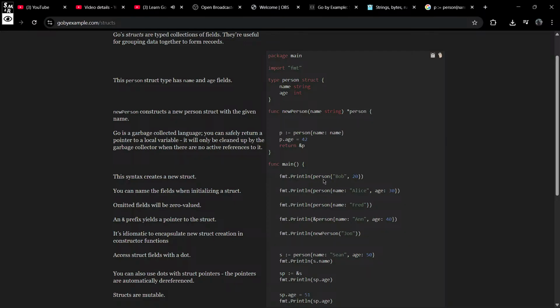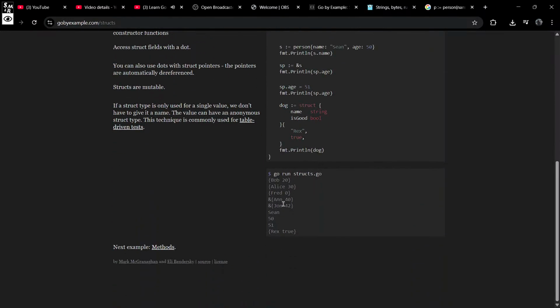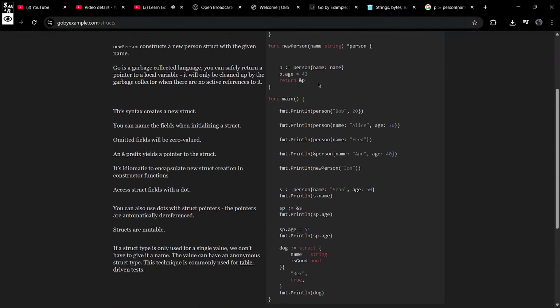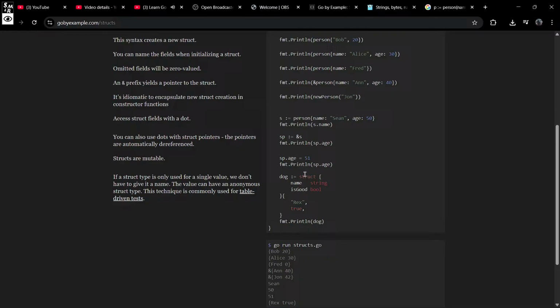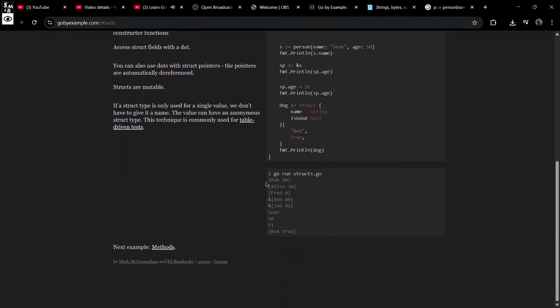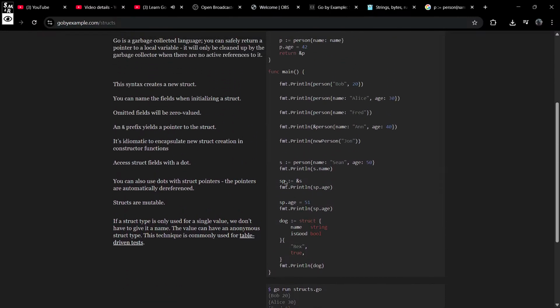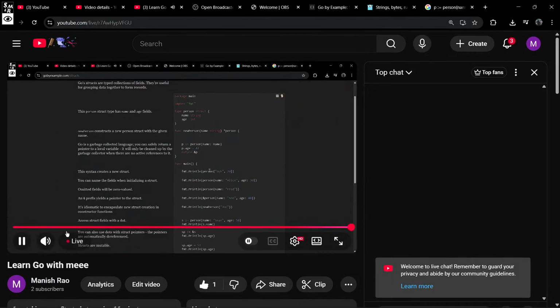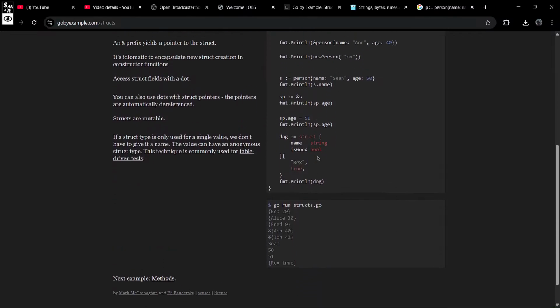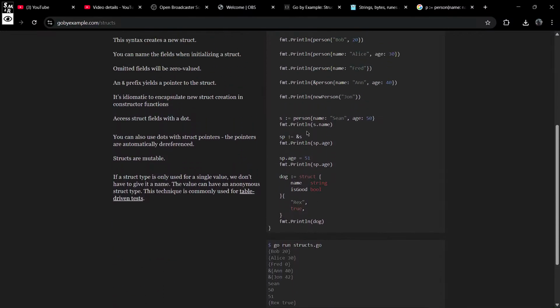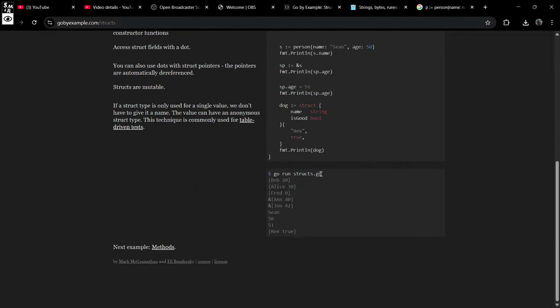So if you print person, a new pop and age 20, it should print pop and 20 like in this video. Oh, okay, so this is how we use that. It takes time to get my head around. So if you print it, otherwise it's going to be something. So person name, run this.